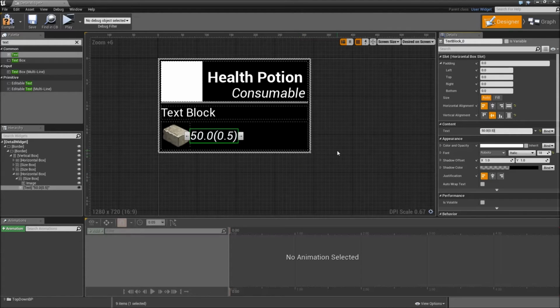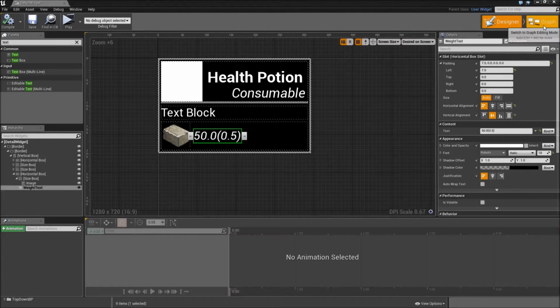And you can see how that will look. Maybe also give it a padding to the left of 7 pixels. And you have to make sure that you give it a name, weight text, make it a variable again. Now let's compile and save, go to the graph,